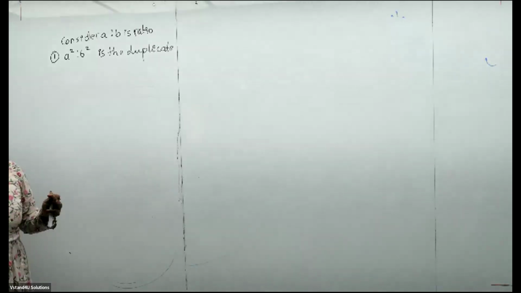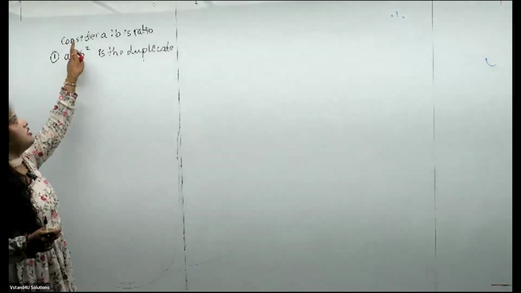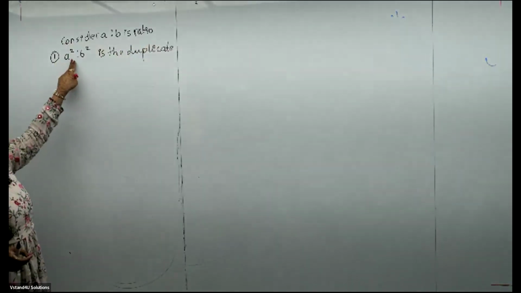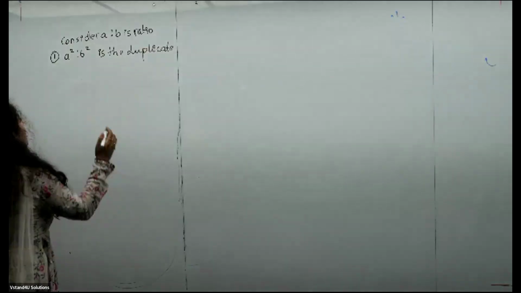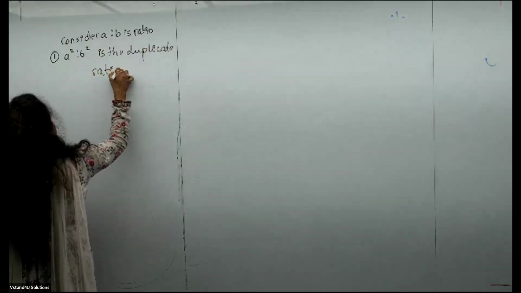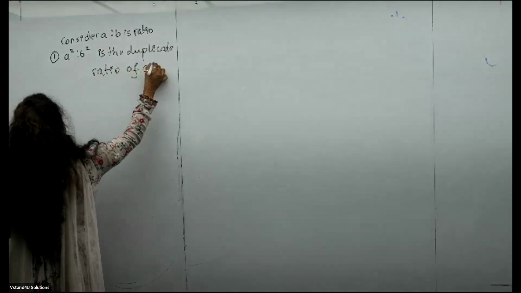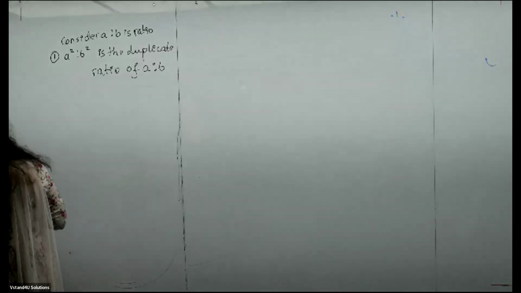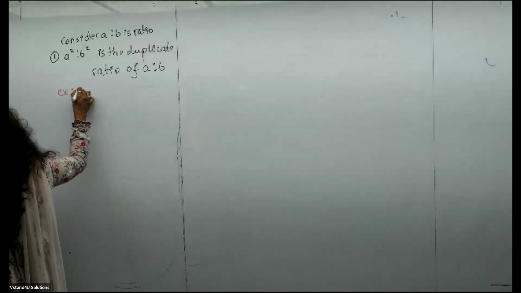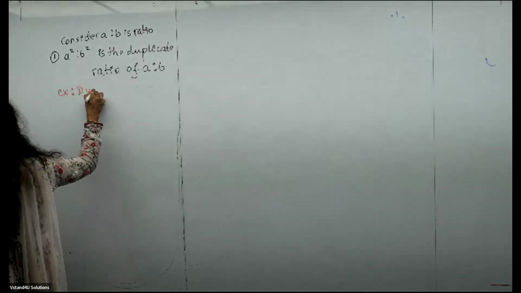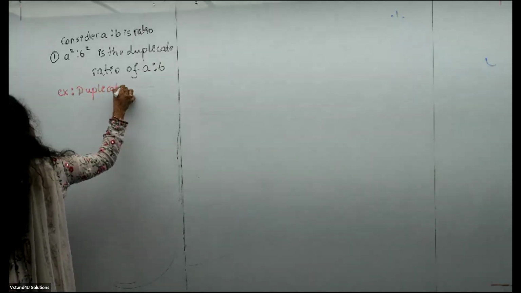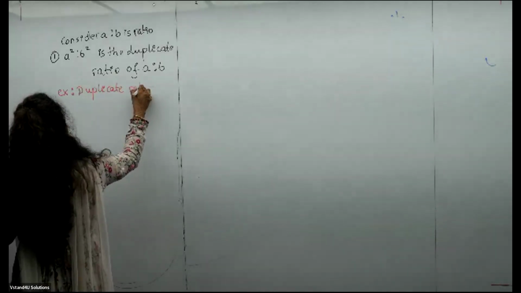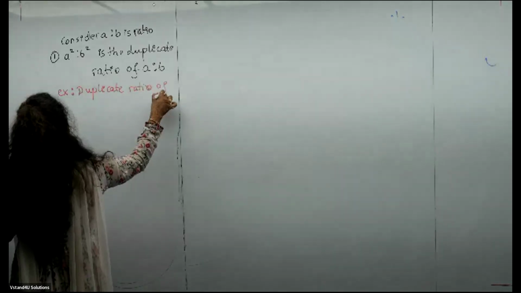So now in the first type of ratio I am saying that consider A is to B is the ratio. So now I am saying A square is to B square is the duplicate ratio. It is the duplicate ratio of A is to B. What do you mean by that? Let me take an example for this. Duplicate ratio of